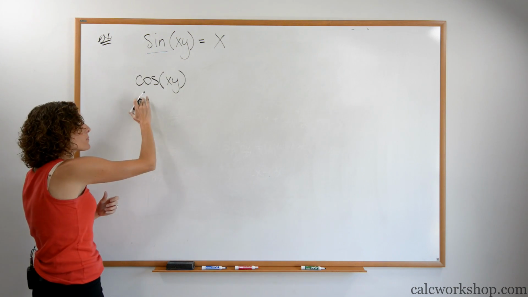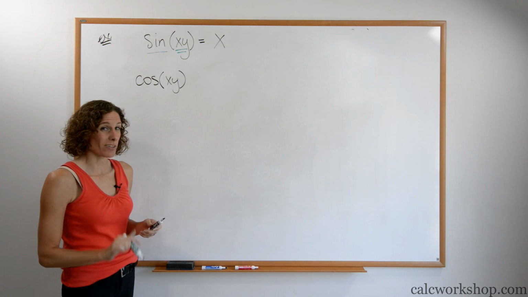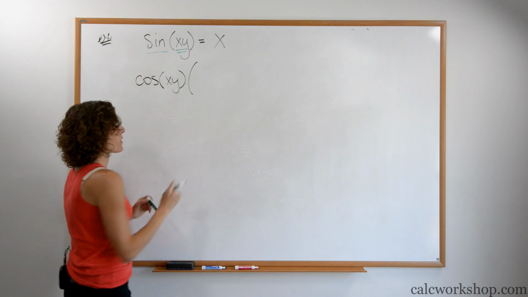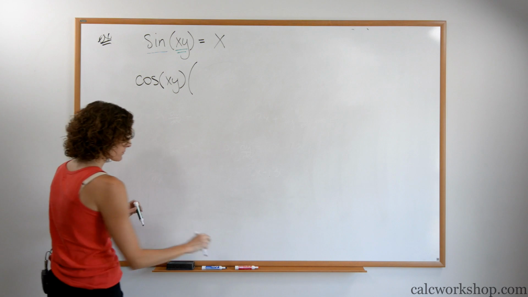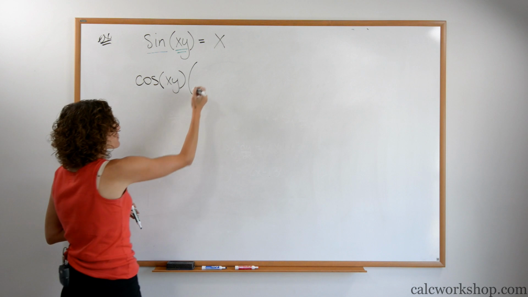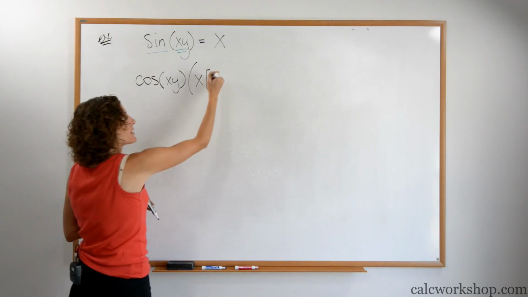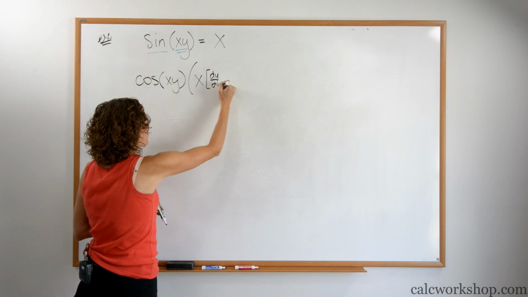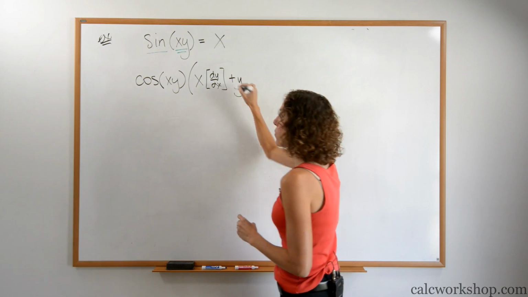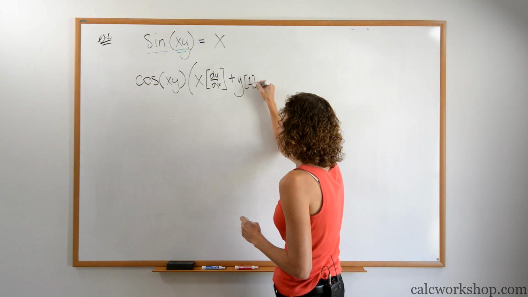Now that I've dealt with the trig portion, let's go and investigate the angle. The angle is a product. Let's make sure that we treat it like a product the way it's supposed to be. We have the first and the second. The first is x, the second is y. So the first, x, times the derivative of the second, the derivative of y, is 1 dy/dx. I'm just going to write dy/dx. Plus the second, y, times the derivative of the first, which just so happens to be 1.